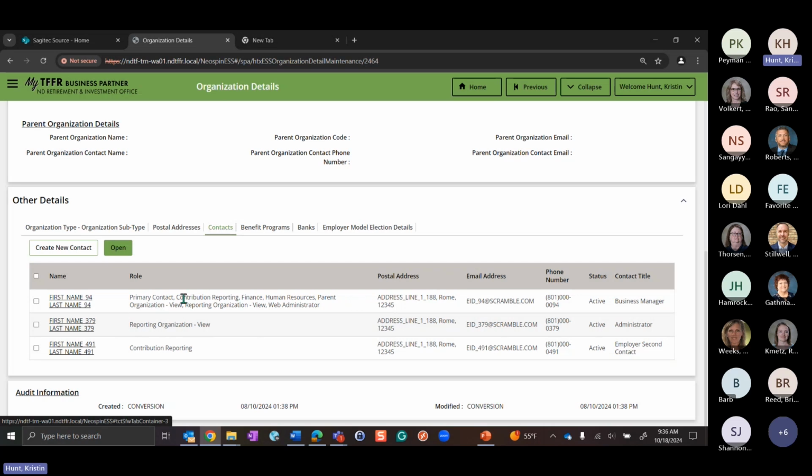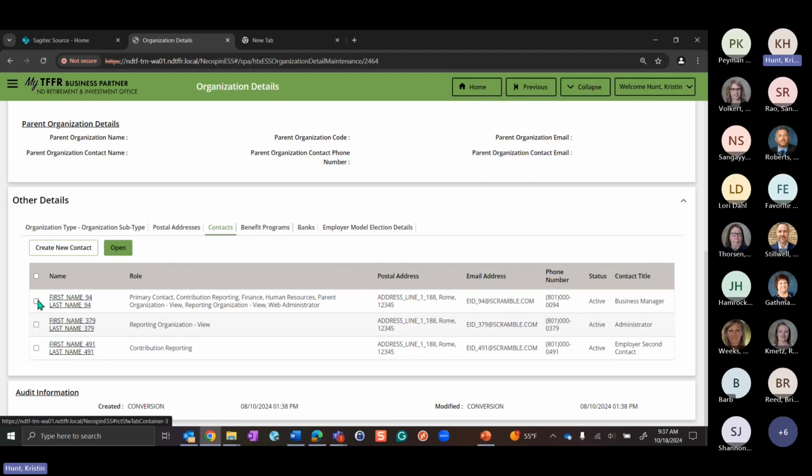So they're the primary contact, contribution reporting, finance, human resources. Basically, I gave this person access to everything. This is my super user kind of thing. We can see their address, email, phone number, the status, and the contact title. So you can see who has been created for the organization contact and what their role is.